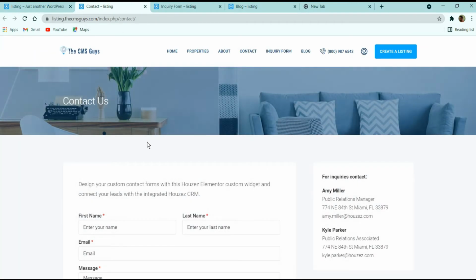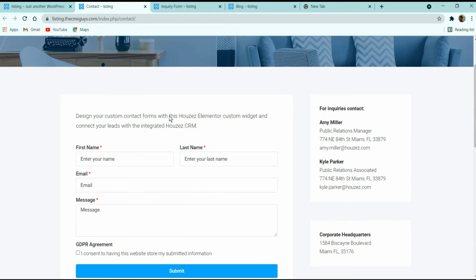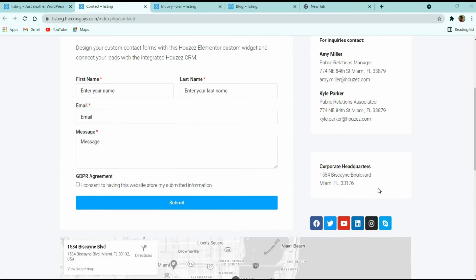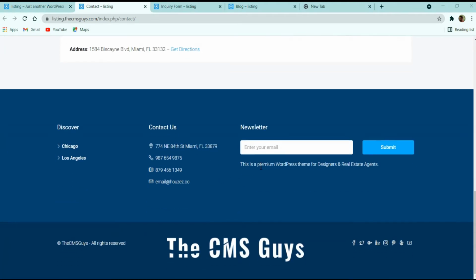Now next we have this contact us page. You can see that in this contact us page we have the same title of contact us that we have already seen in the about us page. And then here on the left side we have a form with a description and the company details like address, contact number and email address, and links to different social media networks on the right side. Following it, we have this map which is pinned to the office address, and at the end we have the same footer which is similar to our home page.